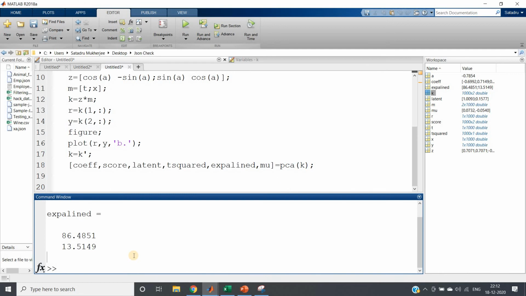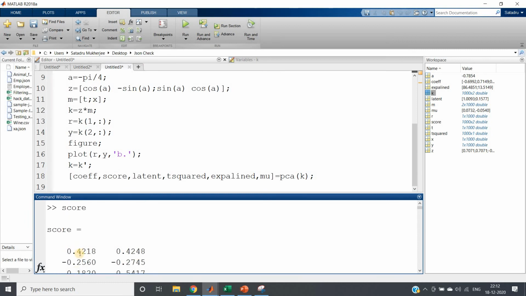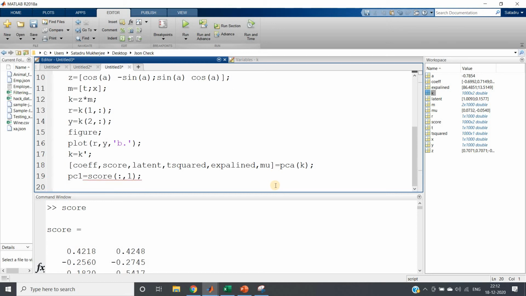Now we have understood this, but our point of interest is the values in lower dimension space, and that is stored in this score variable. One column individually holds the values which we will get after mapping to lower dimension. So our first mapping, principal component 1, is score of all rows, first column, and next, PC2 equals score of colon comma 2.